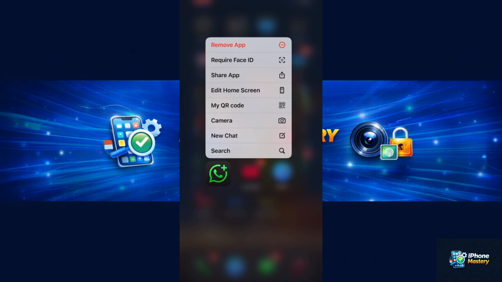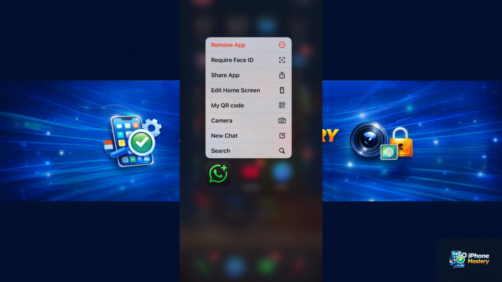Once you download the WhatsApp back to your iPhone, then you want to open it, you want to log in. It will ask you to put in your information, your phone number, everything. Put in everything by following the on-screen information. Once you put in everything, then the last part is going to show you